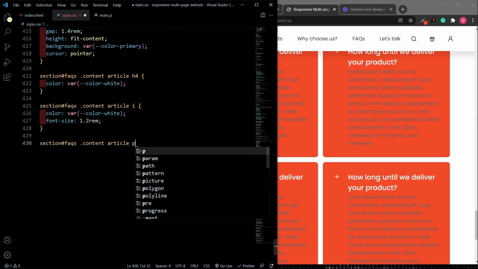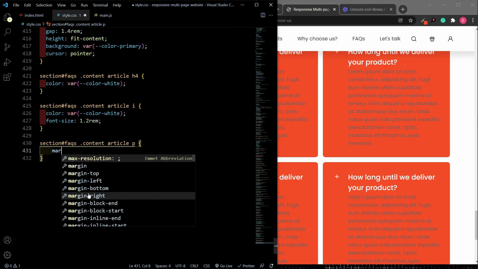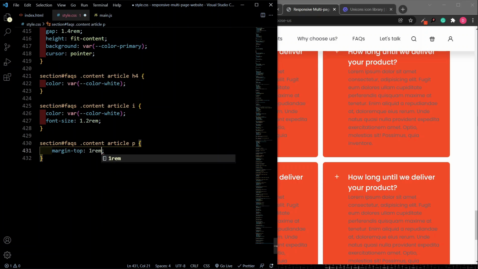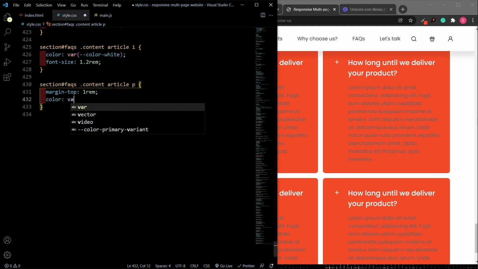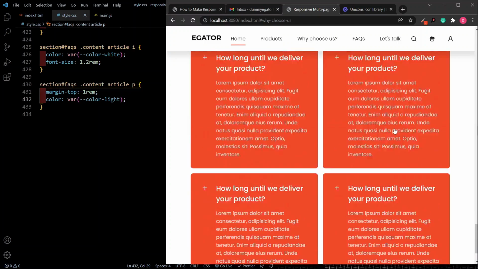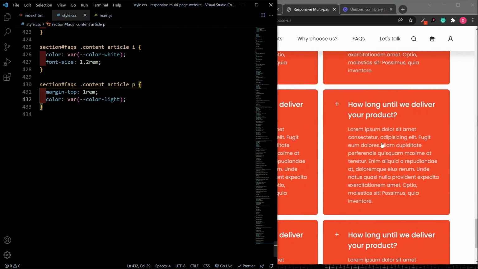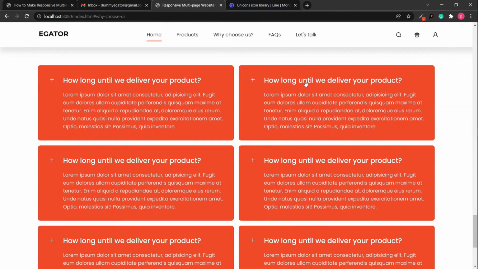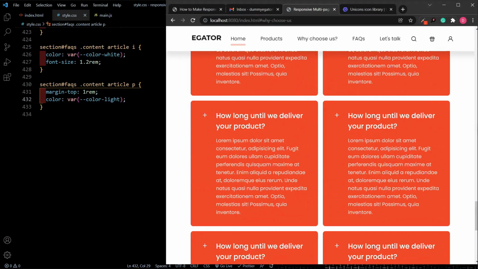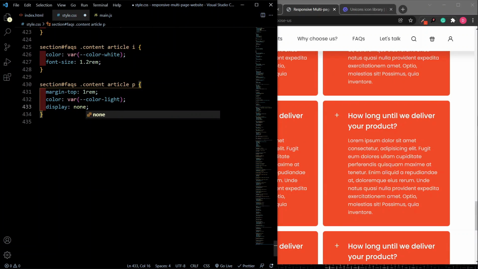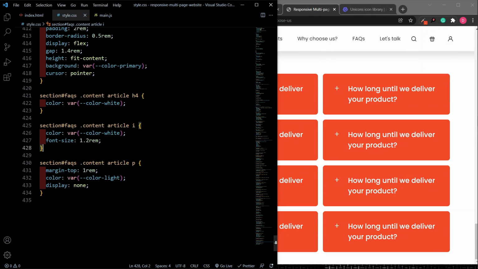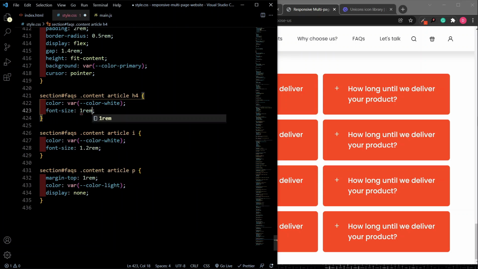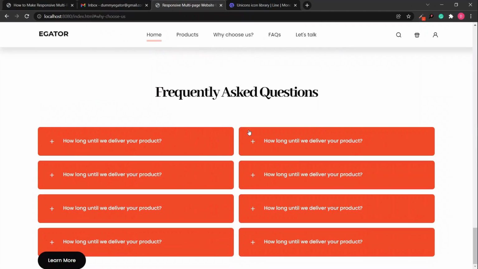Okay, so the answers inside of the details section, let me actually push it from the top 1 rem. Let me give them a color of color light. Okay, so we have that, but for now I don't want these to show. Okay, I want only the questions to be showing. So let me display none on the answers, which are the paragraphs, and I have to resize my h4. Let me resize that. So font size, let me make that 1 rem. Okay, so now they look pretty good,